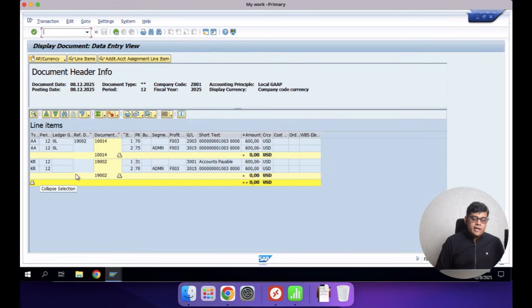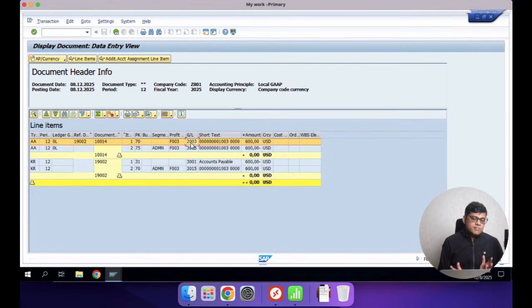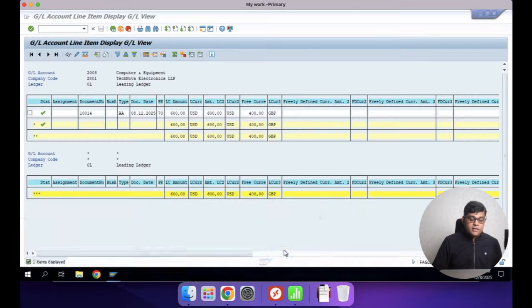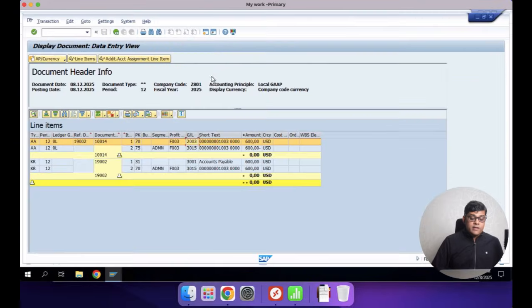automatically, because of backend configuration, you can see that my GL balance is also updated. So that time we are checking that the 2003 GL account updated. How is it updated? Because of configurations. So the user has not entered anything while posting the document, but automatically you can see the GL balance is updated here, 2003 updated. Not only that, if we are working on multiple accounting principles, here it is one accounting principle,